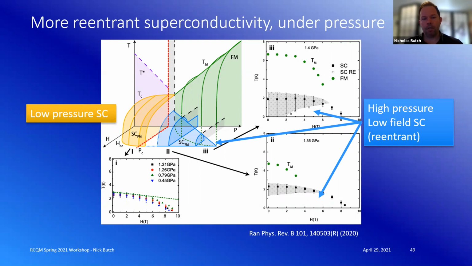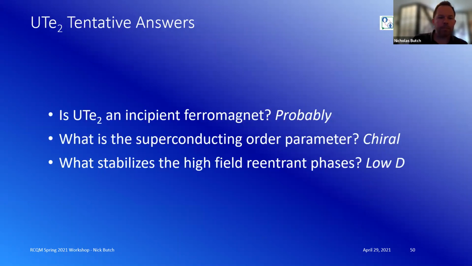And if you look at these plots, these are HC2 plots sort of on their side. There's a bubble of superconductivity, excuse me, below about 10 Tesla that seems to live on the edge here. So there's more reentrant superconductivity in this material. It's kind of everywhere. Okay, and now I'm going to finish up with answering these questions that I posed.